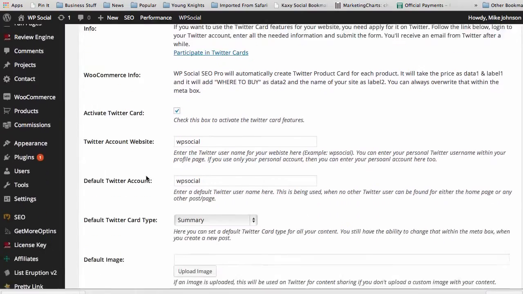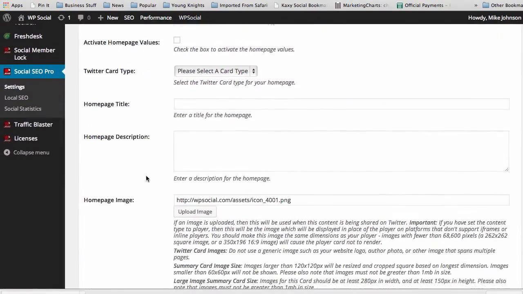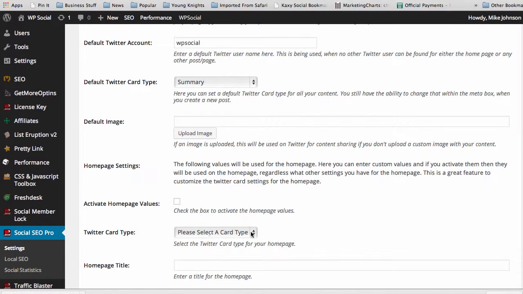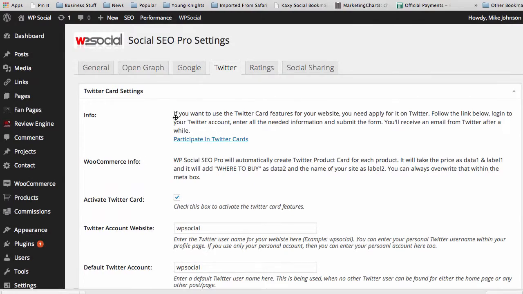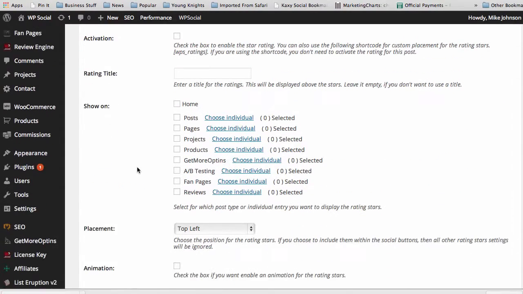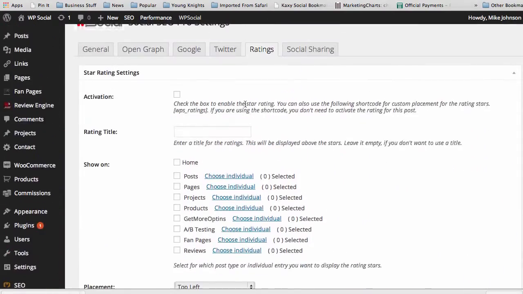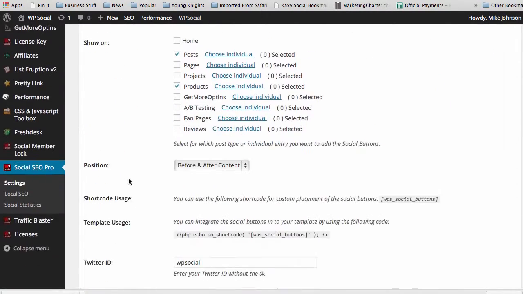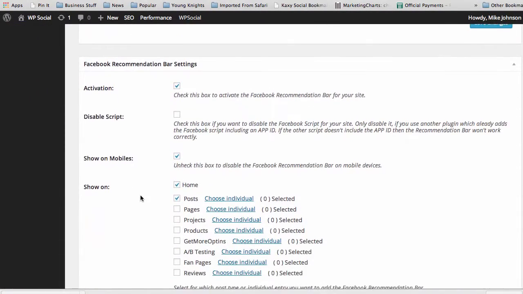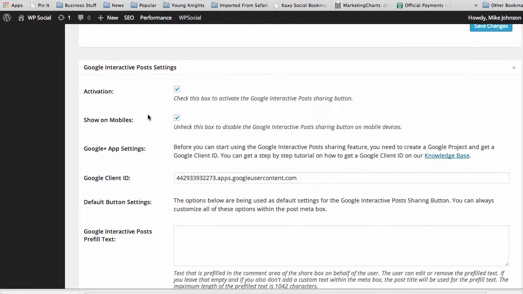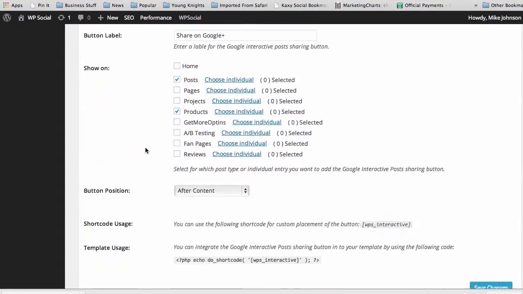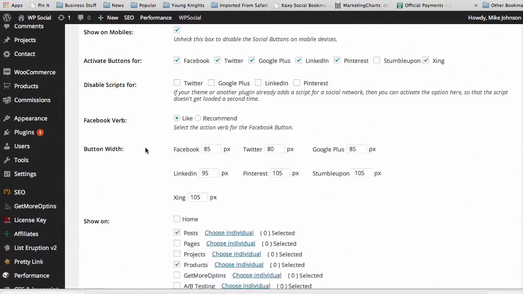And then you can create Twitter cards and send all kinds of different content to Twitter, like videos, and use all the different kinds of Twitter card types. You see here, there's so many: video, photo, product, apps, all that. And you can do ratings, and you can set up social sharing. You can use a Facebook recommendation bar on your site, and you can use Google Interactive Posts, which is a whole nother big monster of settings that you can customize